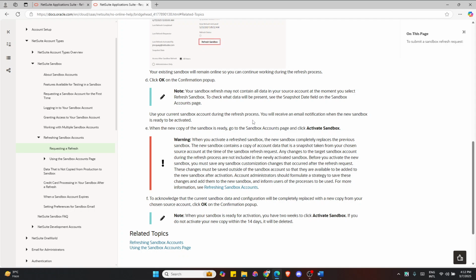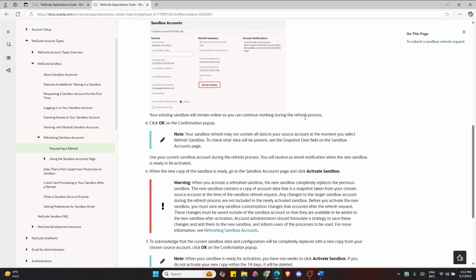Yeah. So you'll receive an email once the refresh is completed and your new sandbox is ready. Now we are just waiting for the new sandbox to be activated. Now when it's ready to go, just simply click activate sandbox button and to replace the old version with the